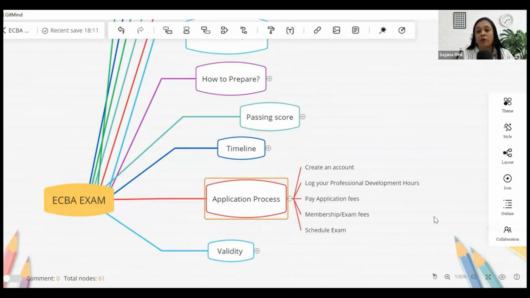After that, you have to go and log in your professional development hours, which means you have to enter the details of the training program that you have undertaken in order to take this exam. So mention the name of the company and what kind of training you took and how many hours of training. So log your professional development hours, after which it will give you an option to go ahead and pay the